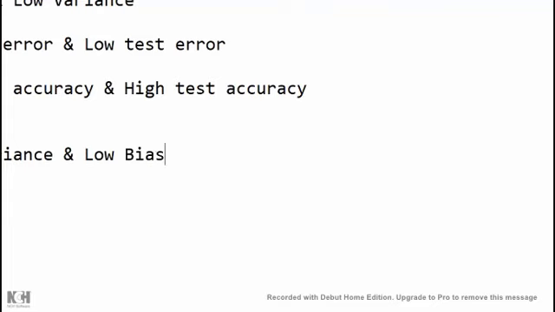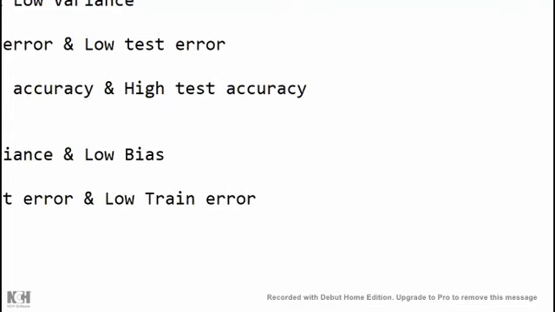High variance, low bias. Now high variance means it is going to have high test error. Test error will be very high. I require accuracy and not error. But here it is having high test error and low train error. Train error is very low. Means in the training it is understanding everything, but in the testing it is failing, which is nothing but equal to,